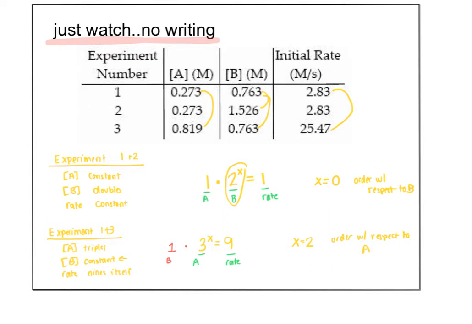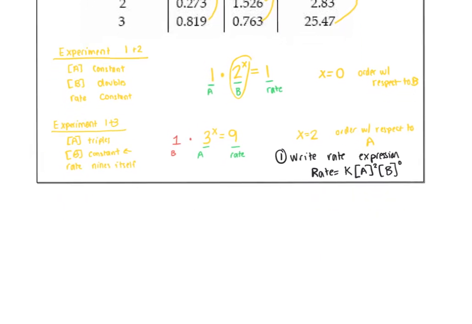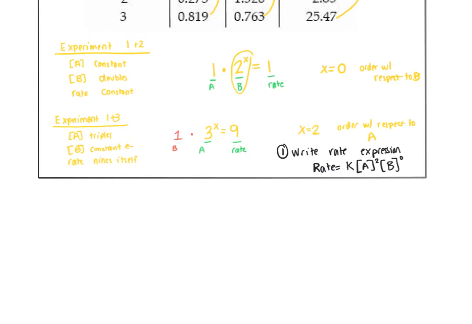to A. So now, let's write the rate law. Well, the rate is going to be equal to little k times the concentration of A squared times the concentration of B to the 0. The reality is we don't need to write B to the 0 in our rate expression because we know that's the same as 1. But for now, if that helps you so you don't feel like you're leaving something out, go for it. The next follow-up question that I can ask is to solve